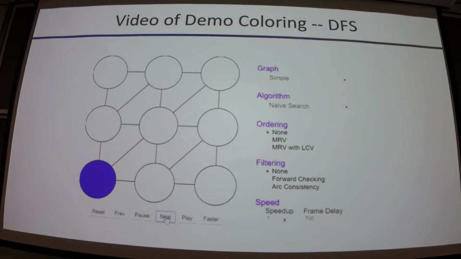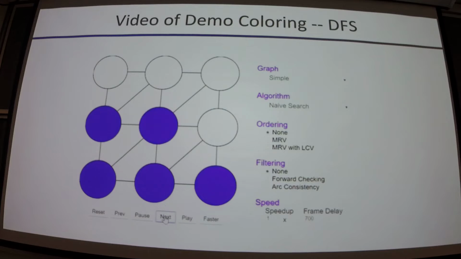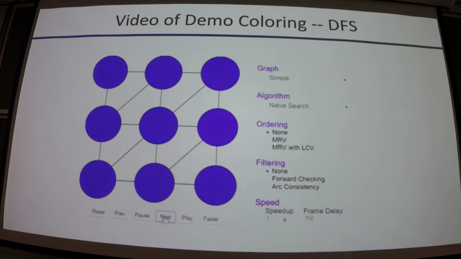But how do we deepen? Well, for the next one, we're going to pick the first value in the domain as well. And that's going to look like, survey says, blue, right? Cool. Well, let's keep going. We're going to get deeper and deeper and deeper, right? So we've reached the bottom, finally. So now we can say, is this a goal, right? This is the first time that we've had any chance of it being a goal. Well, it's completely assigned, but it doesn't satisfy the constraint, right?